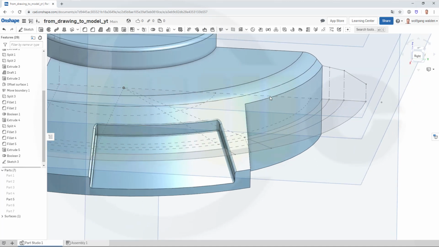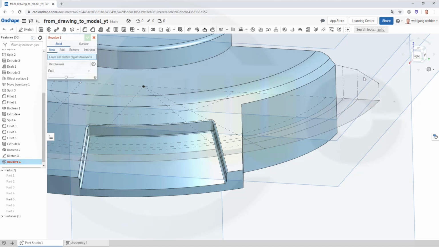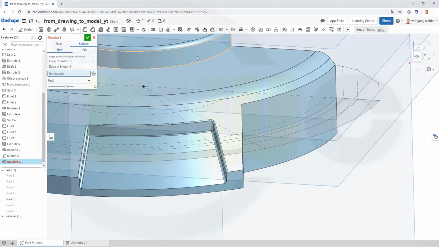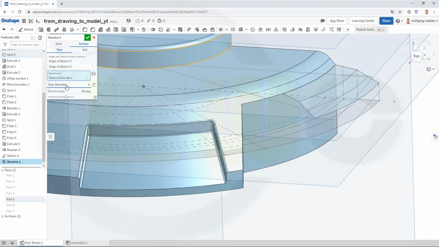And now I want to make a revolve surface, so go for revolve, select those two edges, and the revolve axis would be the X of that cylinder, so I can use this one, and I want to go for 90 degrees in one direction and 90 degrees